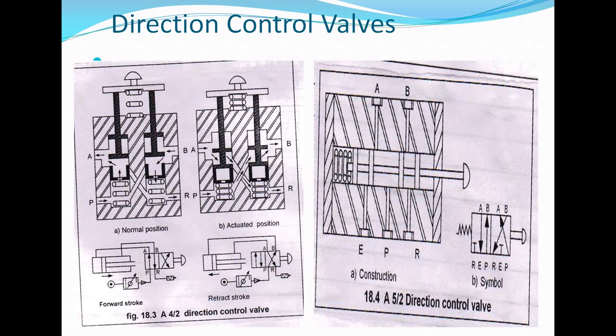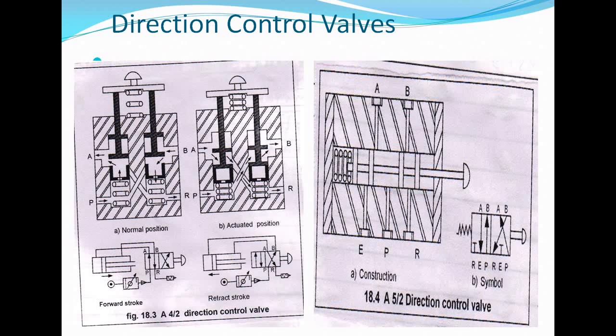When this valve is in the normal position, it will work like here. Pressurized air will be connected to this P port. From this P port, air will go to port A, since this valve is not actuated, and in between there is a passage. When in normal position, this port is closed, so air has to go from P to A and from B to R to return. Okay, so this is for normal position.